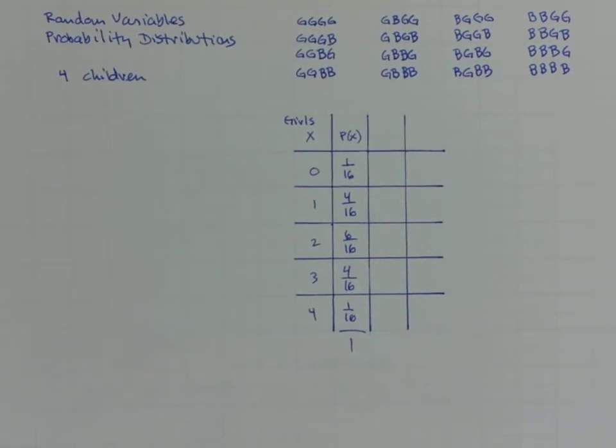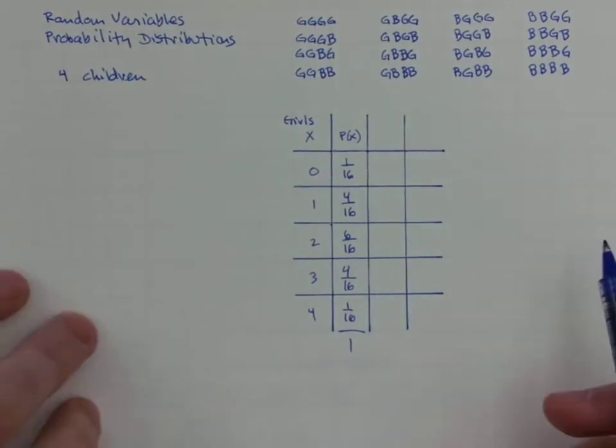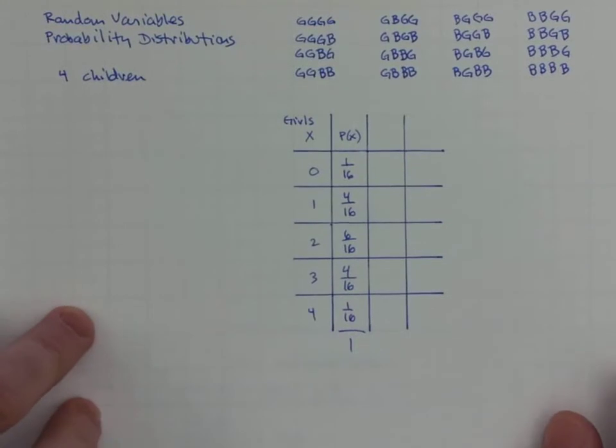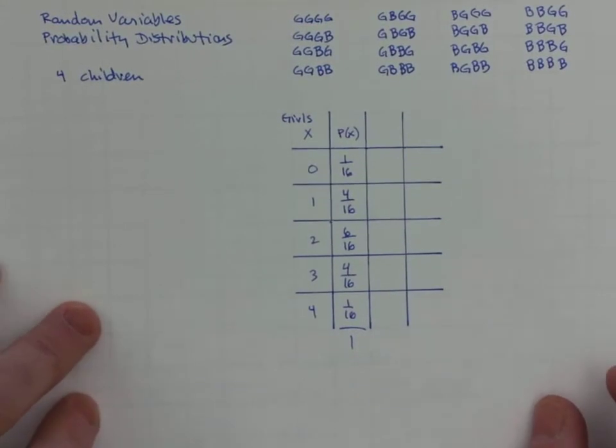More specifically, it's a discrete probability distribution where you've got a random variable that can take on a fixed number of separate values, numerical values. You associate each of those values with the probability that the variable will take on that value, and you have a probability distribution. It turns out probability distributions have means, and the way to maybe start getting at that is